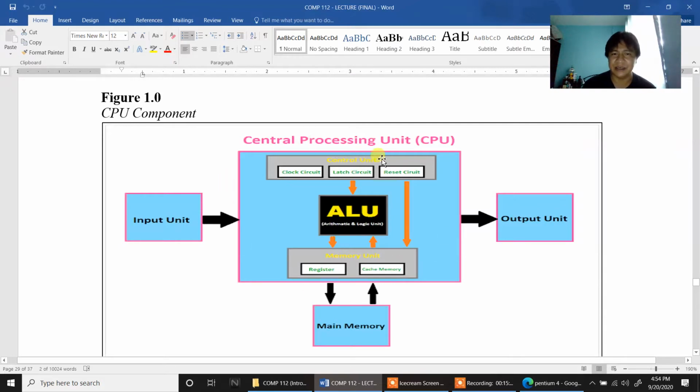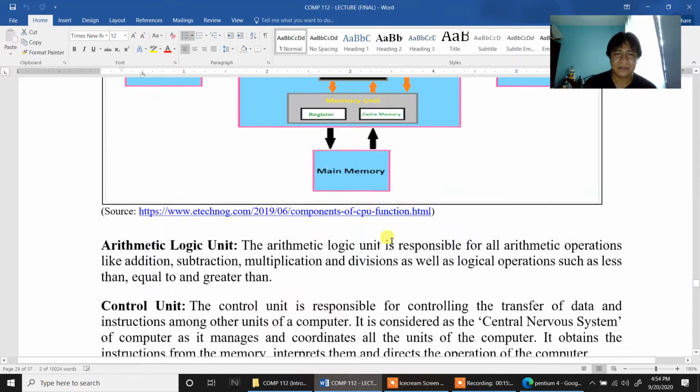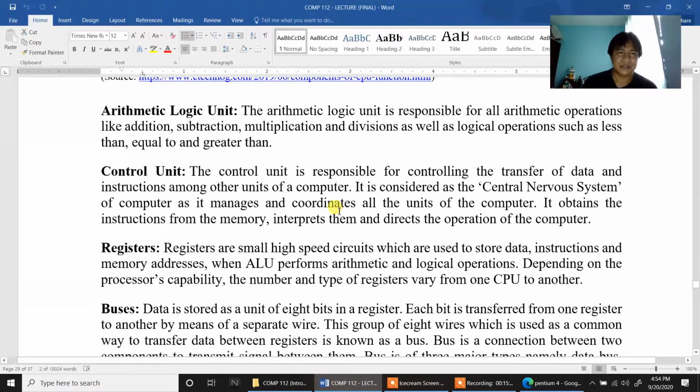Okay, so that is the central processing unit, its components and how it processes. Now, the arithmetic logic unit is responsible for operations like addition, subtraction, multiplication. If you are doing mathematical operations, it performs them. The control unit is the one that controls the transferring of data